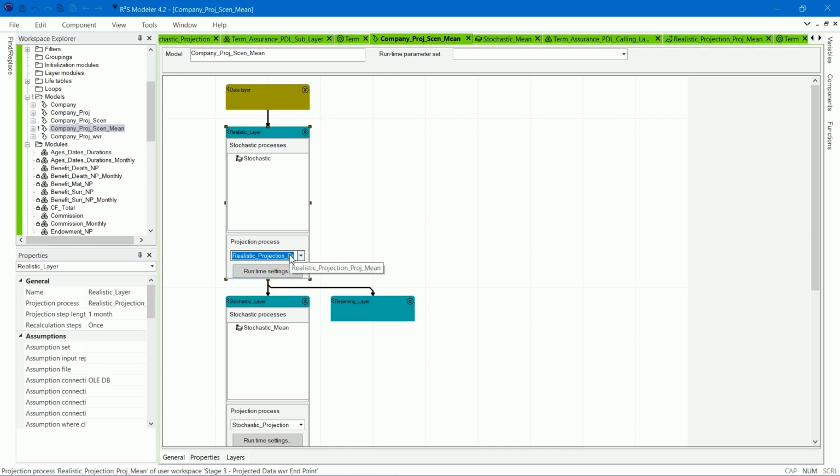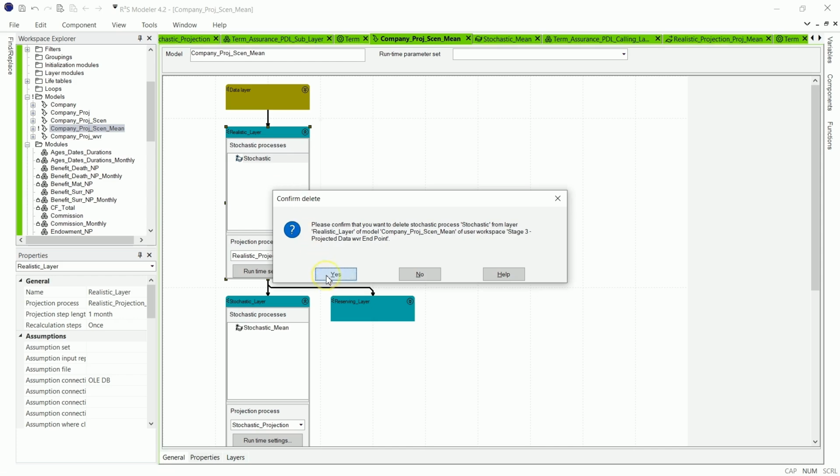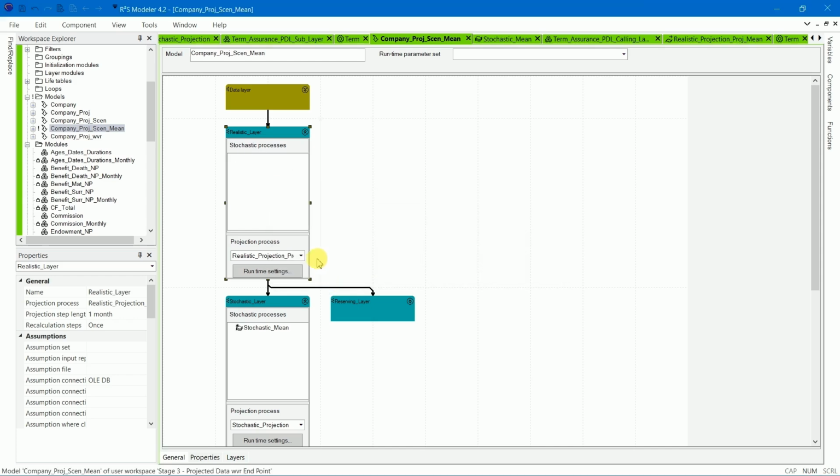Next, delete the stochastic process assigned to the Realistic layer. Press Delete on your keyboard and confirm by clicking Yes. Save the model. This completes the setup for the top layer to read mean outputs from the sublayer.